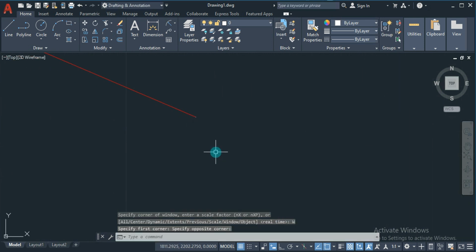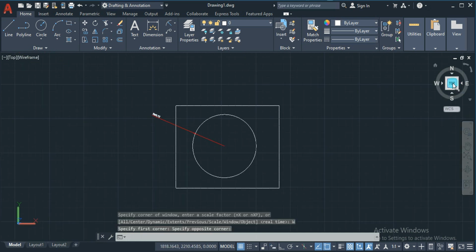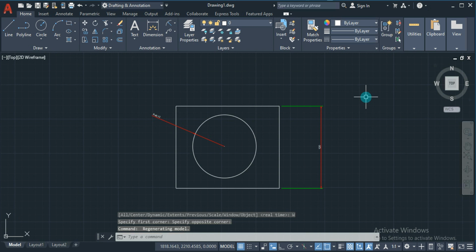Let me zoom that part. Okay, a small white dot has been formed here, which represents the center of the circle. If you want to increase its size, or show the center of the circle through a plus symbol or center lines, then again we can go back to dimension settings,